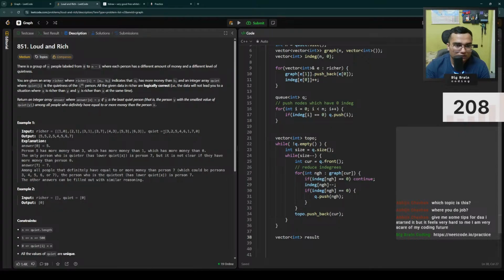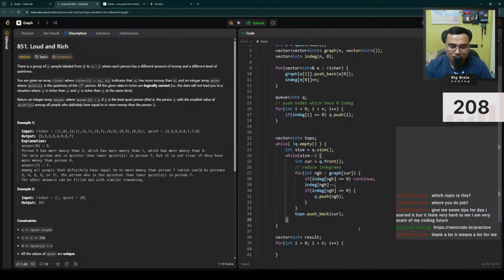Okay. If quiet is this, oh, I need to, okay, makes sense. Okay, no worries. So for int i equals 0, i is less than n, i plus plus. So i is my current node, correct? I want to find that position in this topological sort. Okay, so first of all, finding this. So topo sort should be,